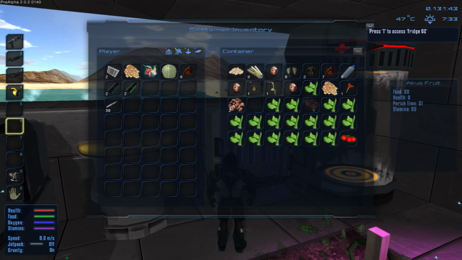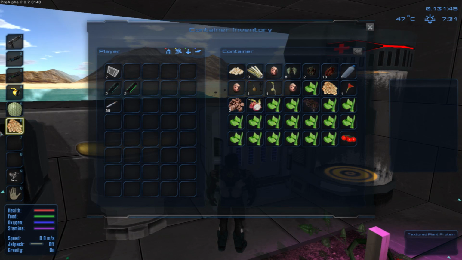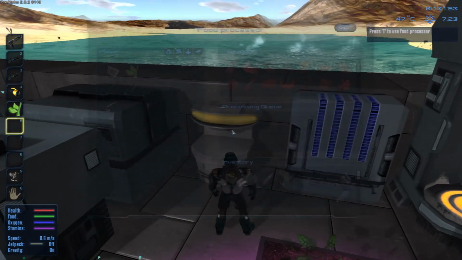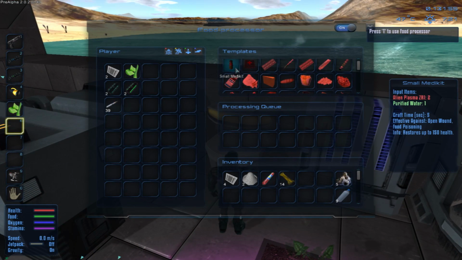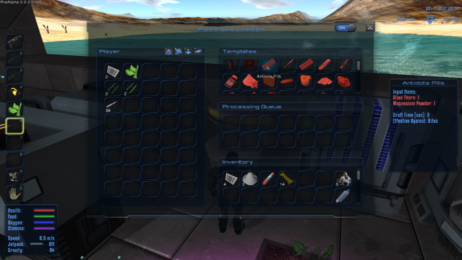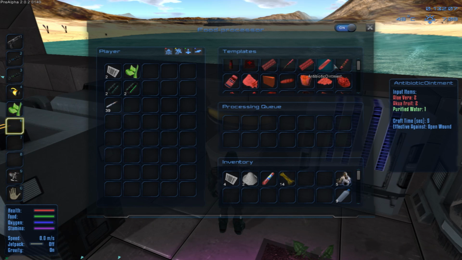Let's go ahead and put some of this stuff in here. Okay, we're out of room. These do not stack, neither do the aloe plants, unfortunately. I grabbed a bunch of them because I think they're used for medical purposes. Where's the med packs? Alien plasma and water. That's easy. Well, the large one requires aloe vera. Magnesium powder, alien tooth, antibiotic, aloe. So antibiotic, large med kits, stomach pills, all of those are...